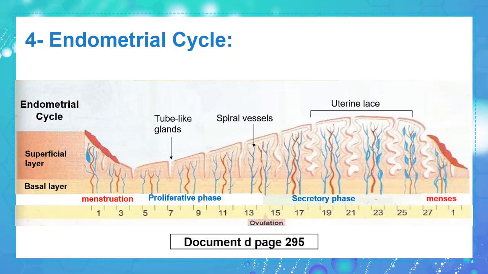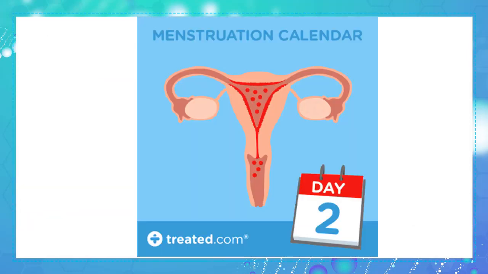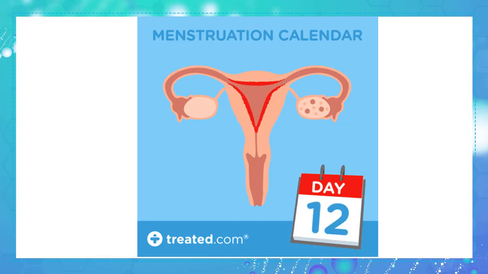Finally, all this superficial layer that has been developing during both proliferative and secretory phases will slough off again if no embryo implantation occurs. This menses indicates the beginning of a new endometrial cycle of an average duration of 28 days. But the uterus is not the only organ that experiences cyclic modifications. In Chapter 1, you have previously seen the cyclic events that occur in the ovary as well every single month.